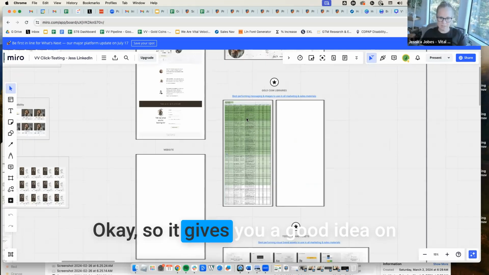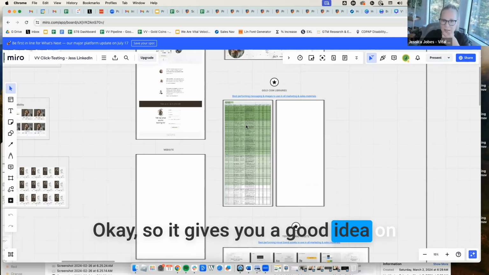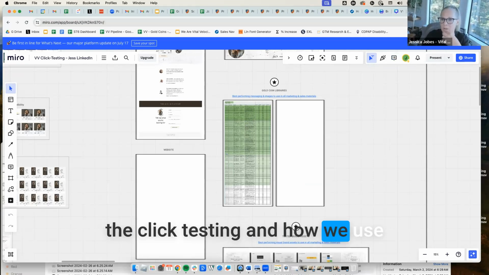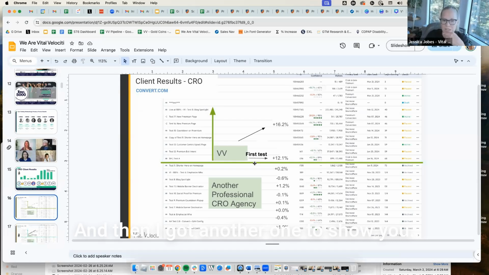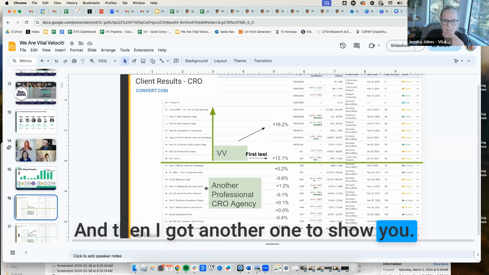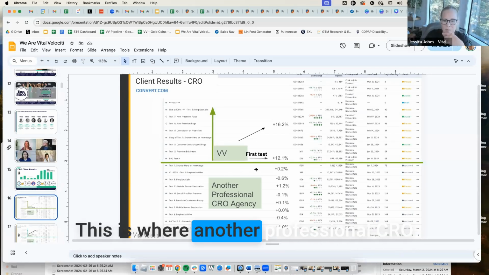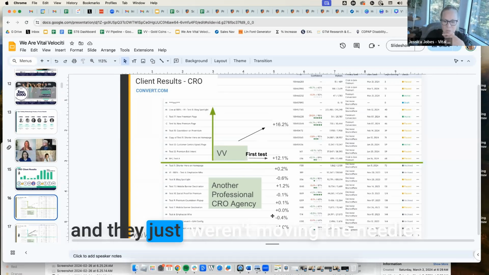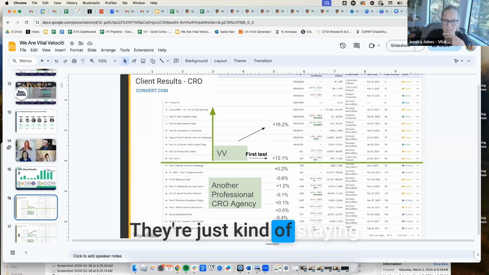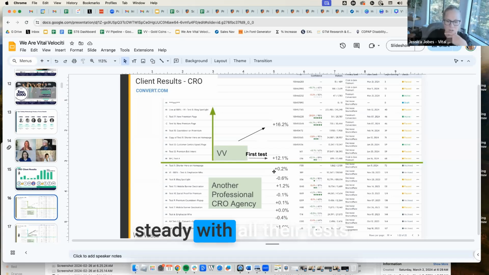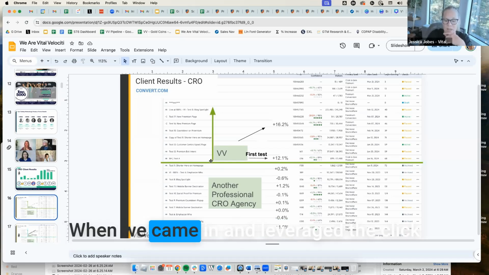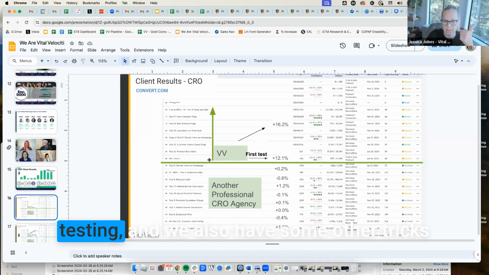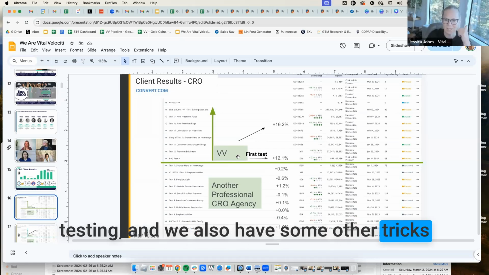Okay, so I think that gives you a good idea on the click testing and how we use that to increase testing velocity. And then I got another one to show you. This is where another professional CRO agency was working on a client account, and they weren't moving the needle. They were just kind of staying steady with all their tests. When we came in and leveraged the click testing, and we also have some other tricks up our sleeve when